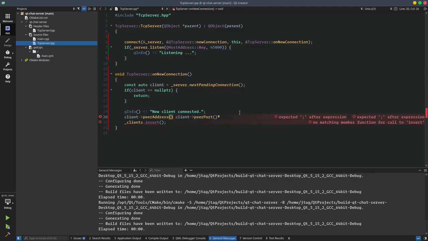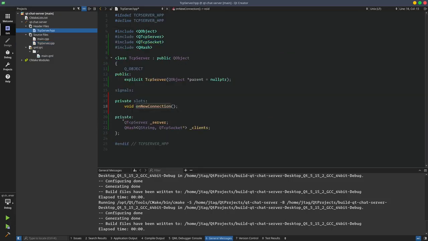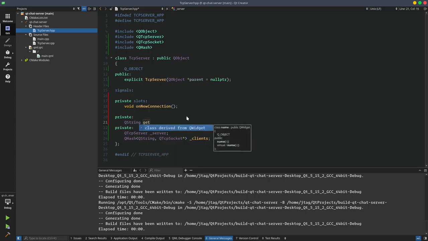So by combining these two, we can identify our clients. So I need to put these in a separate method to access it later on. So let's create another private section and add a new method for our client key